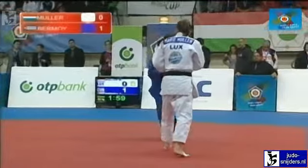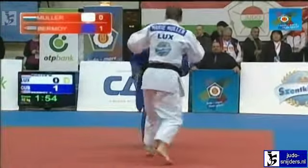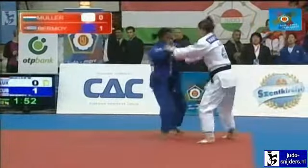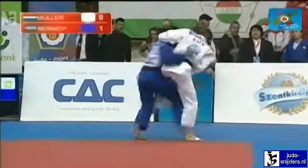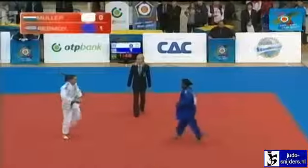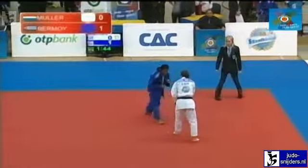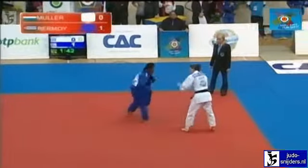Very tight and cagey match for the Cuban, looking to drop underneath, avoiding any close contact or any deep reach like we've just seen now with this threat. Now there's Muller in action, and that's where she can capitalize. If she can get that deep across the back without her opponent dropping underneath her, and that's the real danger,